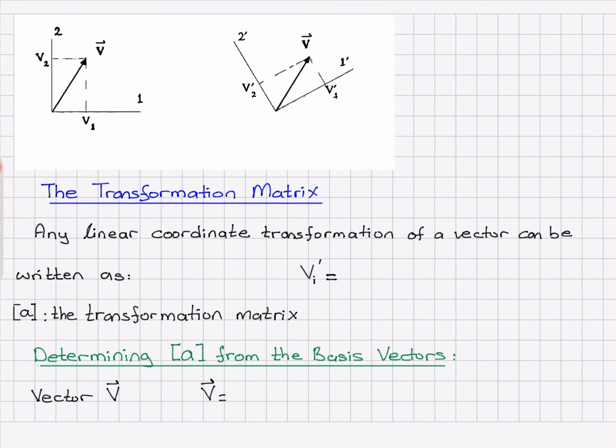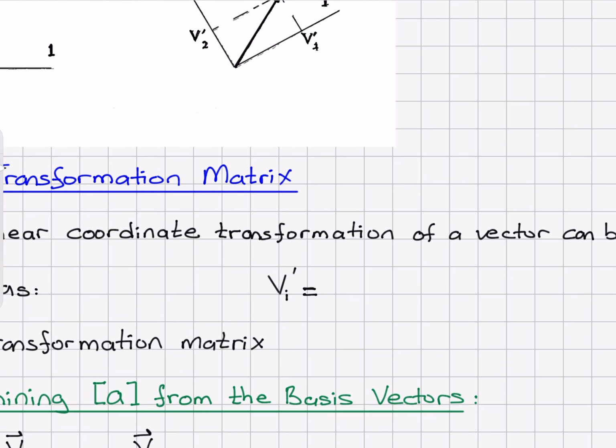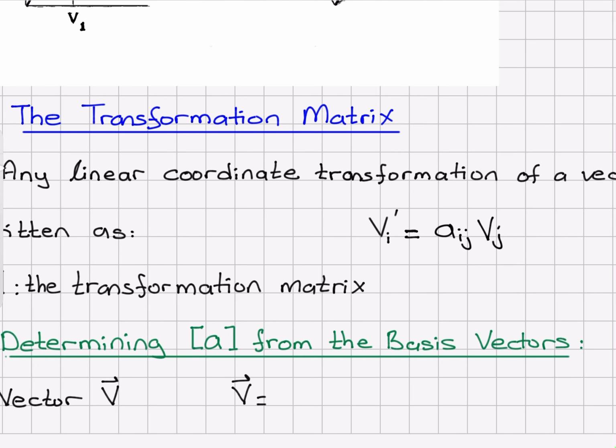The transformation matrix. Now, if I have any linear coordinate transformation of a vector, I can always write the primed components as a transformation matrix A_ij V_j. So this is going to give me a summation over j, and it's going to give me the ith component of the primed system. And now, how do I determine this transformation matrix? I can determine it from the basis vectors. If the vector v is written as v_k e_k hat, which is equal to v_i prime e_i prime hat,